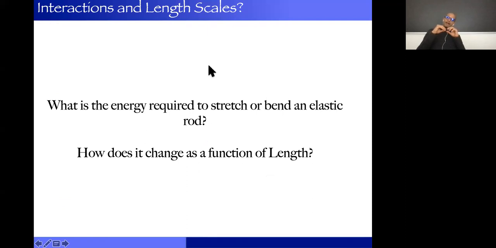Now, I want to look at elastic energy. I have a rod, a material, and I ask: what is the energy required to stretch it by some length, delta L, and how does that elastic energy scale as a function of that length? This is Hooke's law. What goes into it is the Young's modulus of your material. So the elastic energy will, well, okay, let's